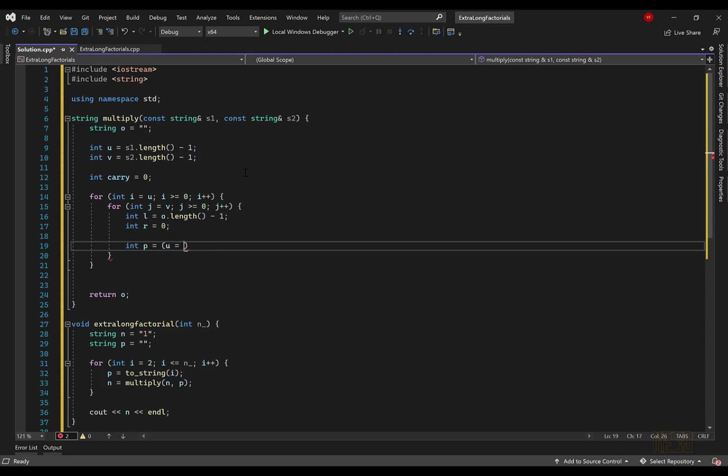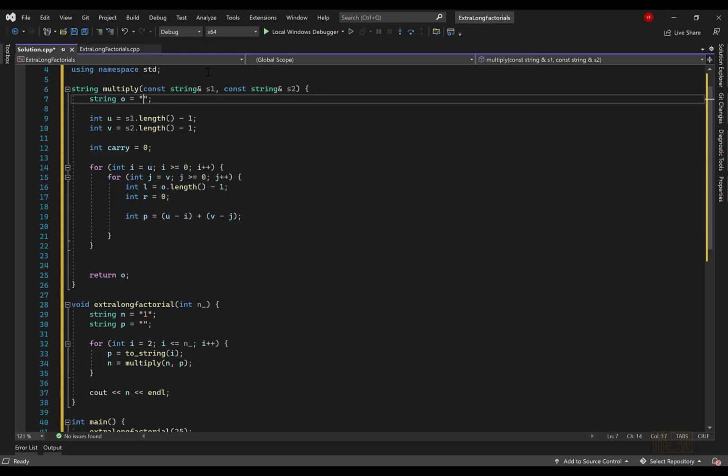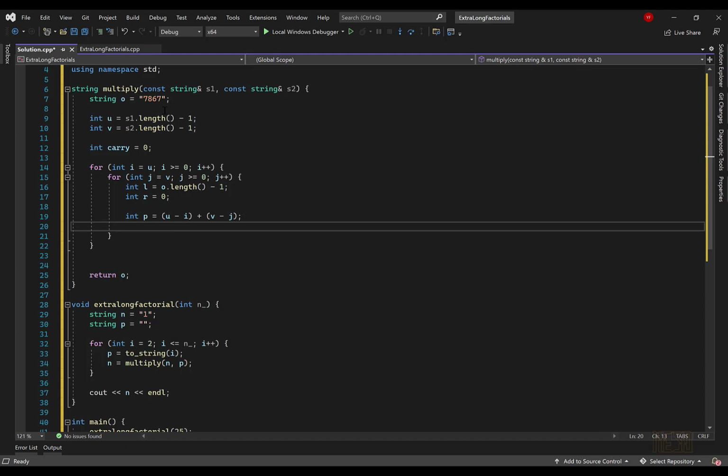So U minus E plus V minus G. And we need to check if we already have a digit in our resulting number. So if the digit is 3, then we know that digit 3, we already have a number there, so we need to fetch that number